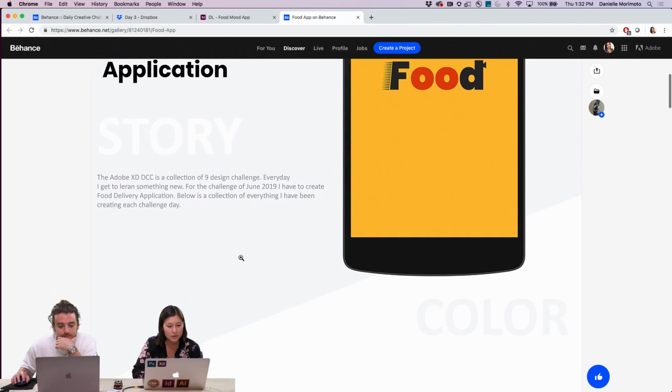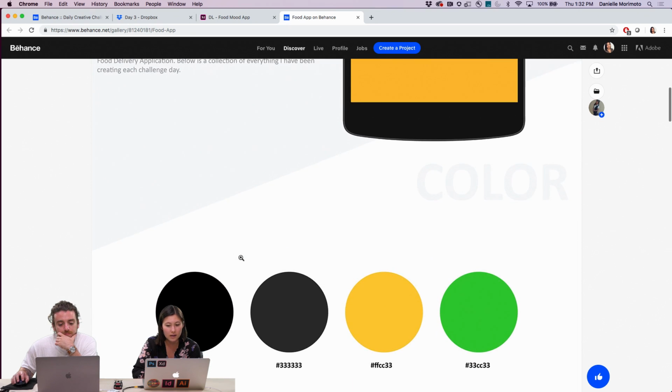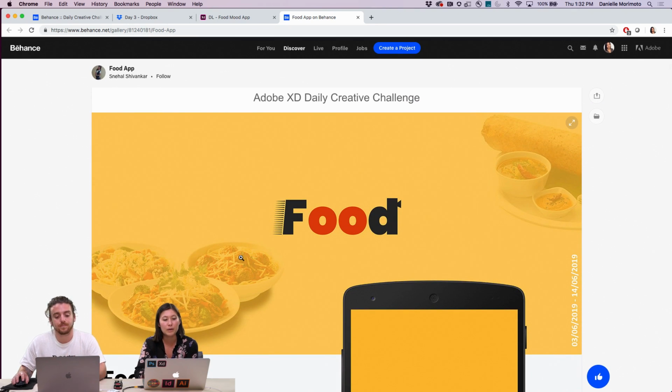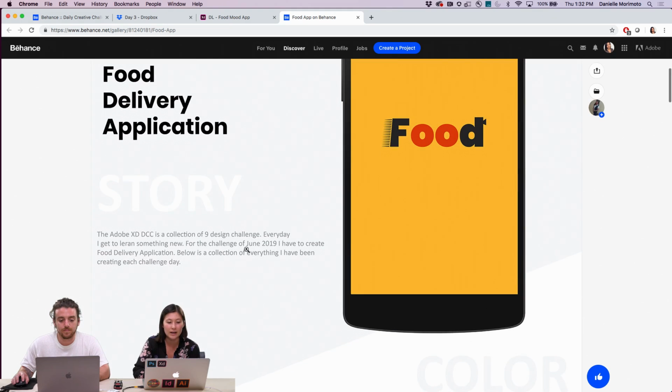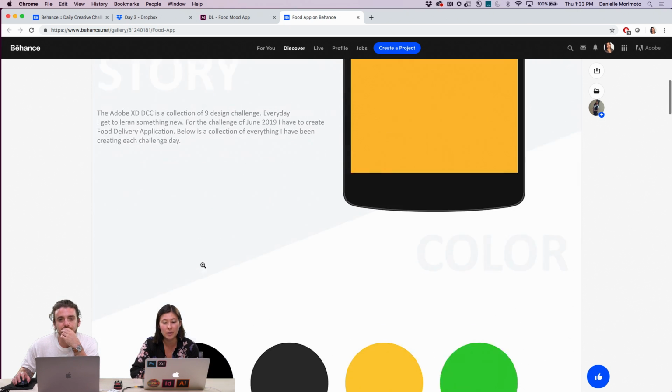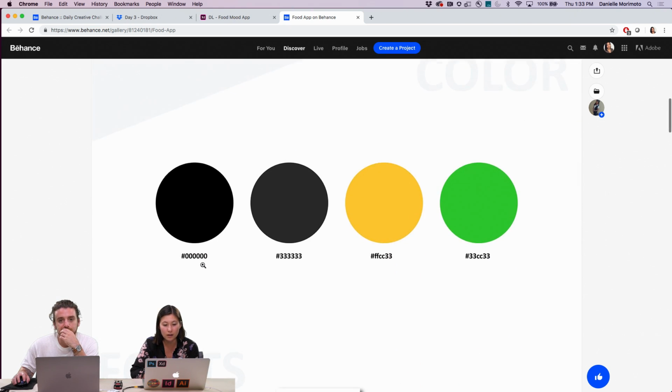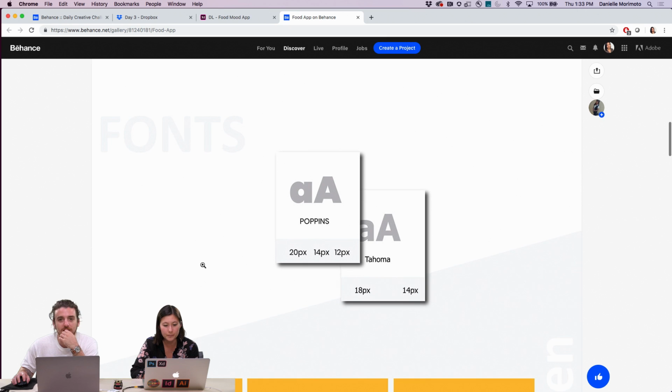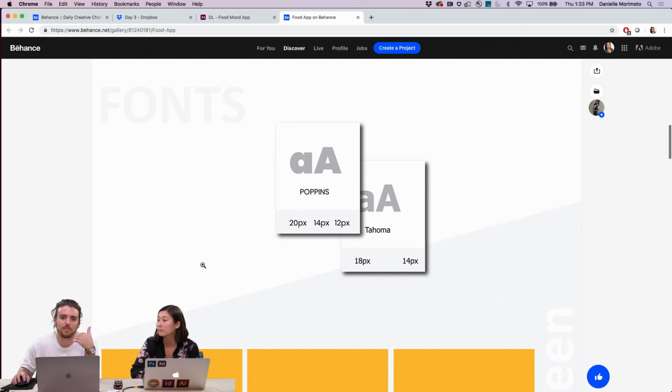All right, so we have the story. Okay. Also, I like that when it comes to posting things on Behance, you've added a description with a little bit of information around the designs, and a little backstory and context. You have your color palette that you chose. Awesome. It's always nice to see those little elements because color is something that can be overlooked really quickly, but giving it a little space to actually shine. Maybe even talking about why you chose those colors would be great too.